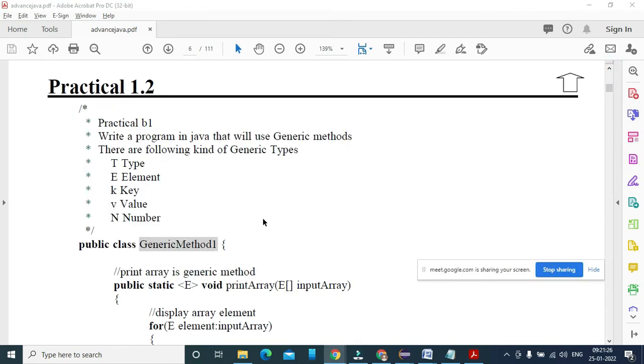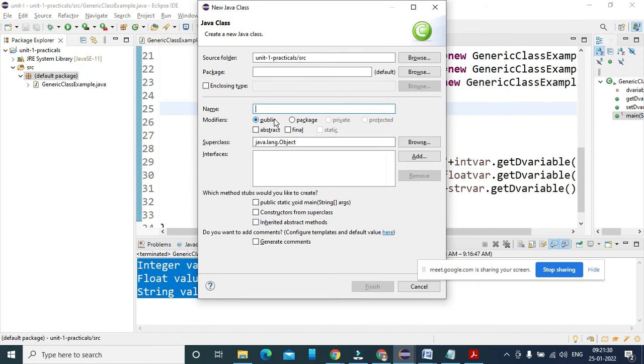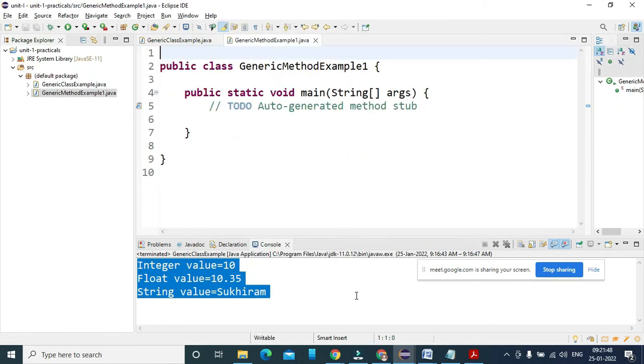Let us move on to understand the generic method here. So I'm choosing generic method example 1. I have two examples, public static. So this is generic method example 1. So let us understand.